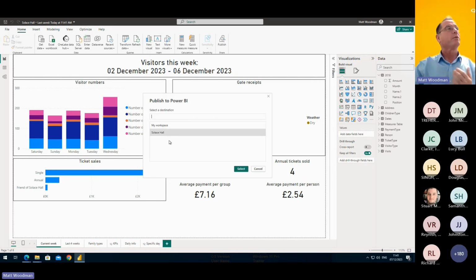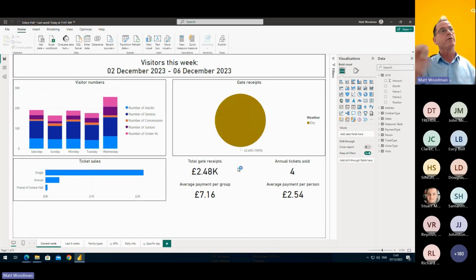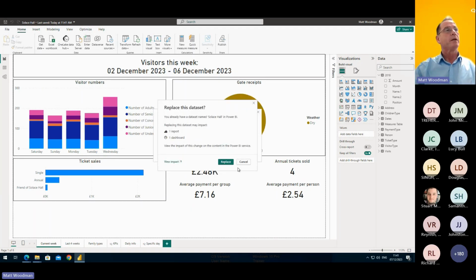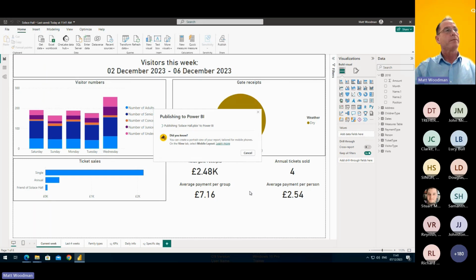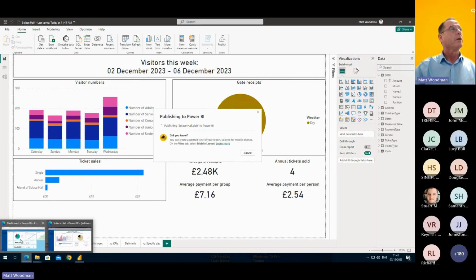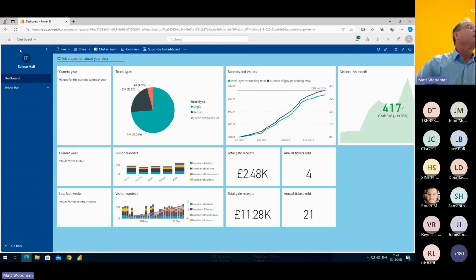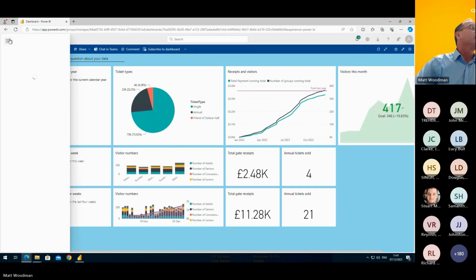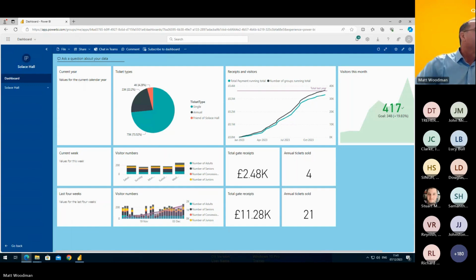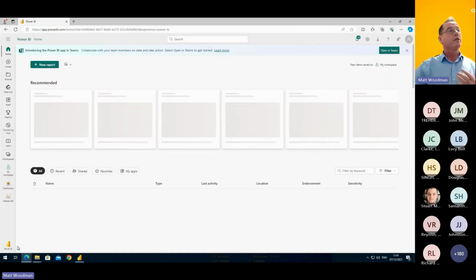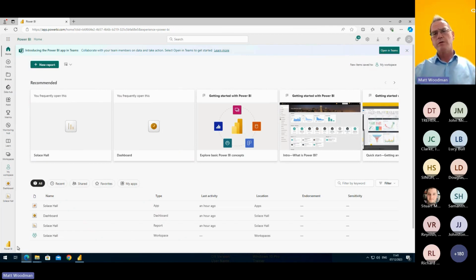So we publish our reports, and we publish them to what's called a workspace up in the Power BI service. And I'm going to show you that as soon as this is published. That publishes my report. So up in the Power BI service, and this is part of Microsoft 365 on the